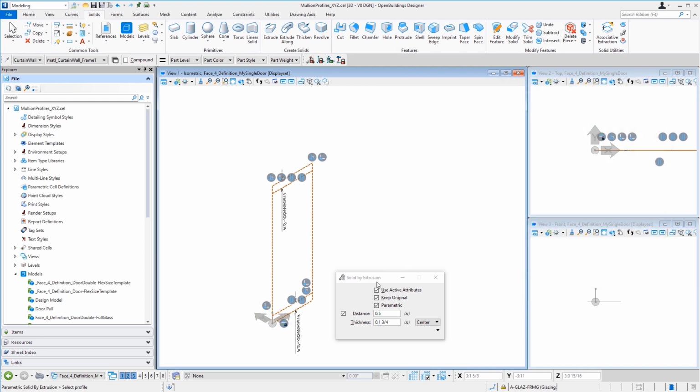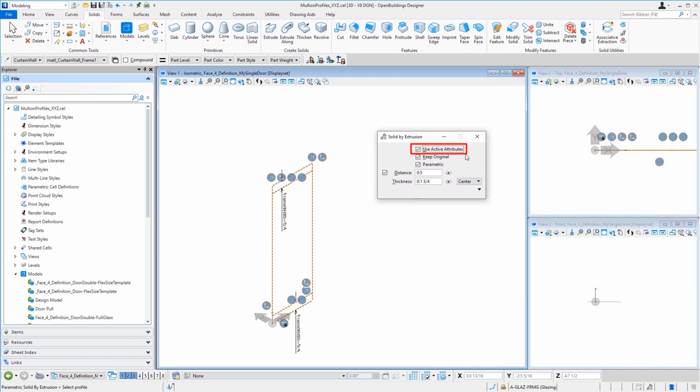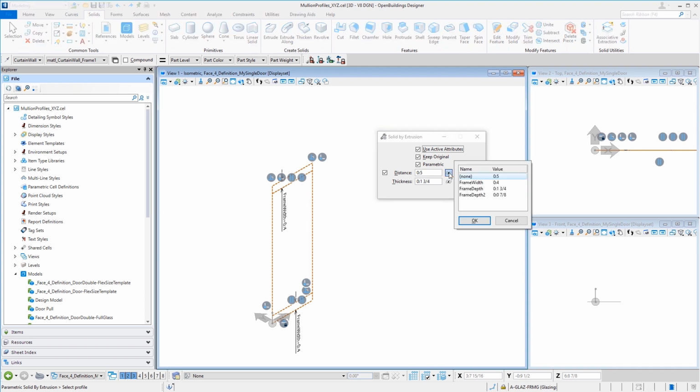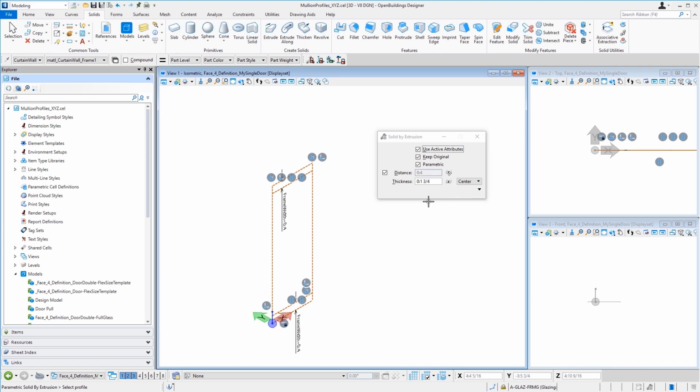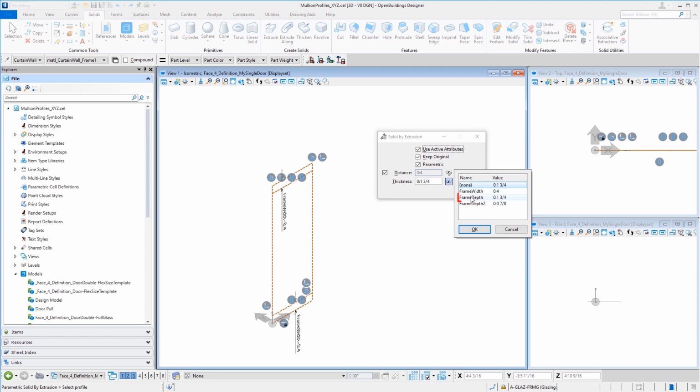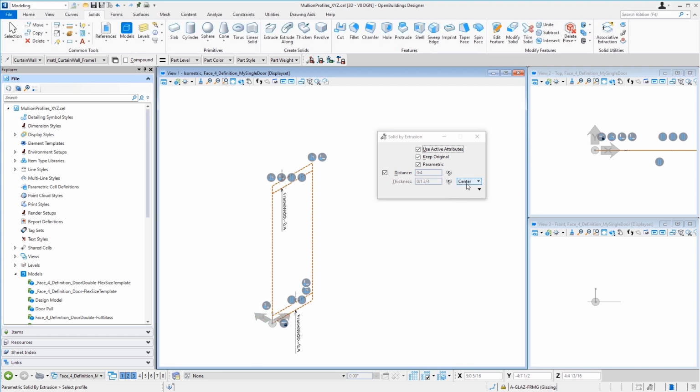Let me go ahead and close this. So we'll use our active attributes. We'll keep our original. This will be parametric. Now the distance, so we're going to take this line, and the distance is how far we're going to extrude up from that line. And we could, again, hard code in a dimension, or we can use our variable. So I'm going to select the variable, select frame width, we'll select OK. And then the thickness, we'll give this a thickness. We're going to use that frame depth, and it will be centered